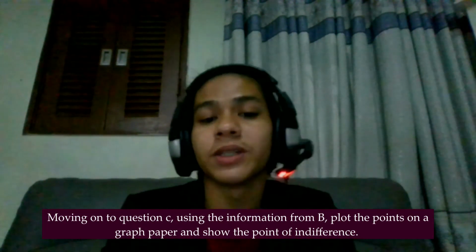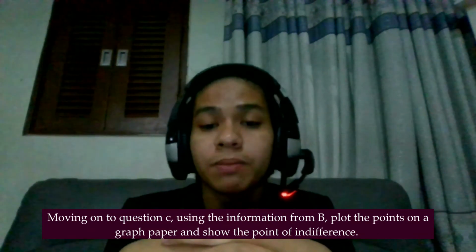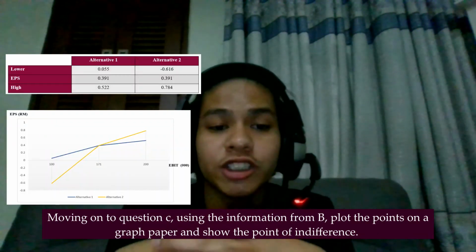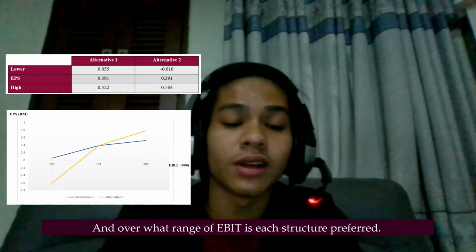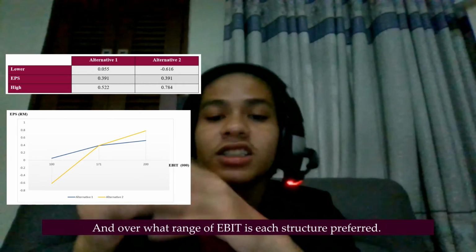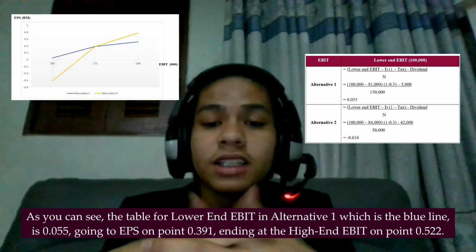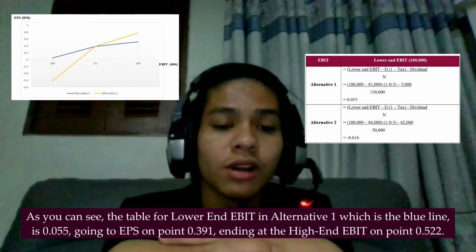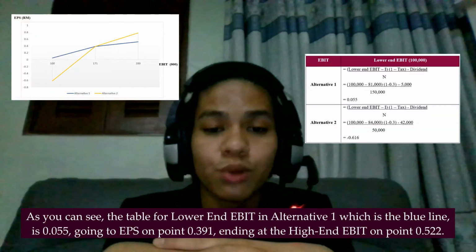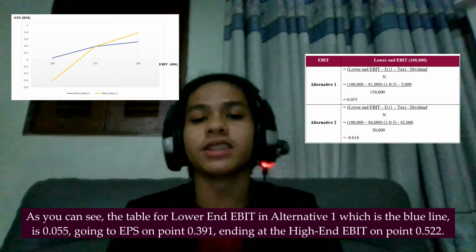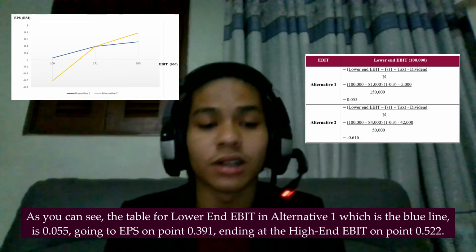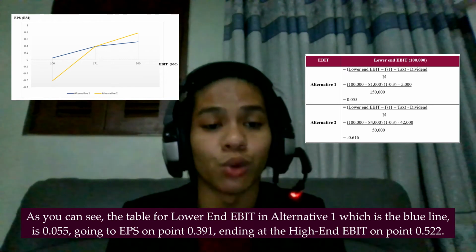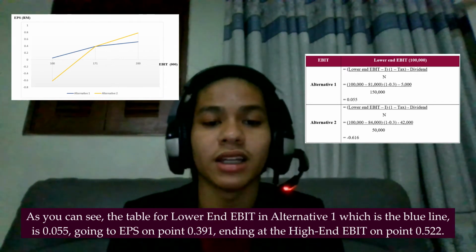Using the information from answer B, plot the points on a graph paper and show the point of indifference and over what range of EBIT each structure is preferred. As you can see, the table for lower end EBIT in alternative 1, which is the blue line, is 0.055, going to EPS on point 0.391, ending at the high end EBIT on point